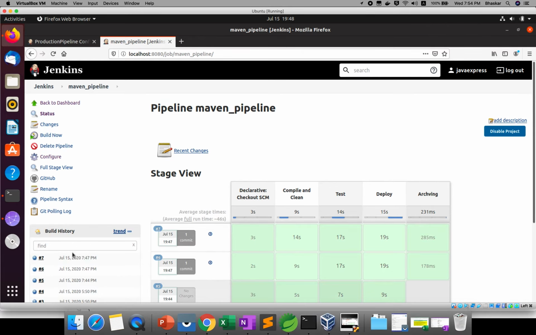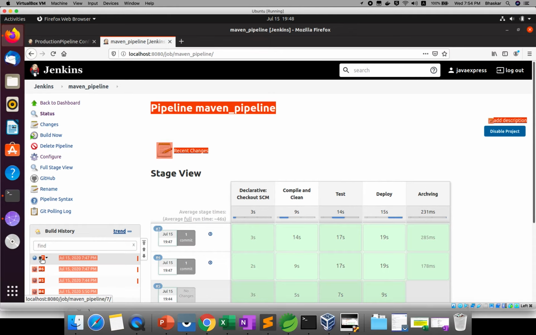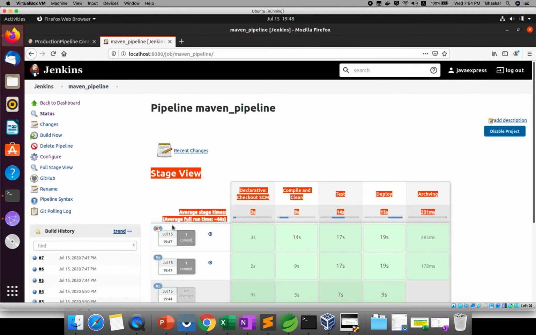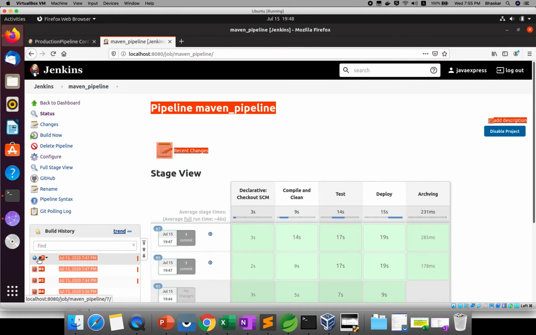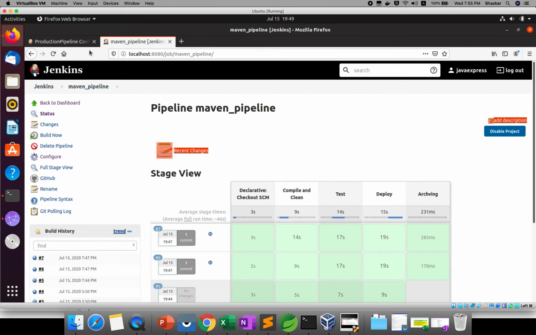It is taking time. Wait a minute. Let me run one more build. It is stuck. So if you click here, you can see the jar file as part of your build. This is the way you need to create your Jenkins file in your root project. You can automate. Some issue is there. Just if you click here, you can see one jar file.